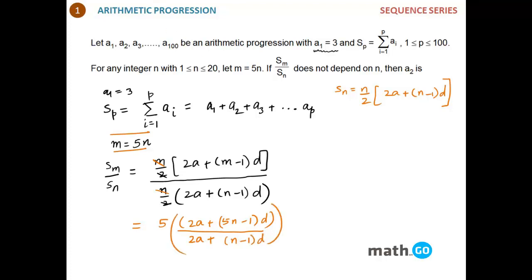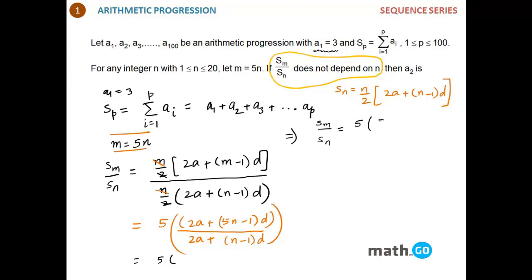Alright, what is given to you in this particular problem? Let's go ahead and take this. We are given that Sm and Sn, this ratio, does not depend on n. This is the key to this particular problem. So let's apply this. If I solve this, I'm writing it over here because I don't have enough space over there. So Sm by Sn would be 5 times